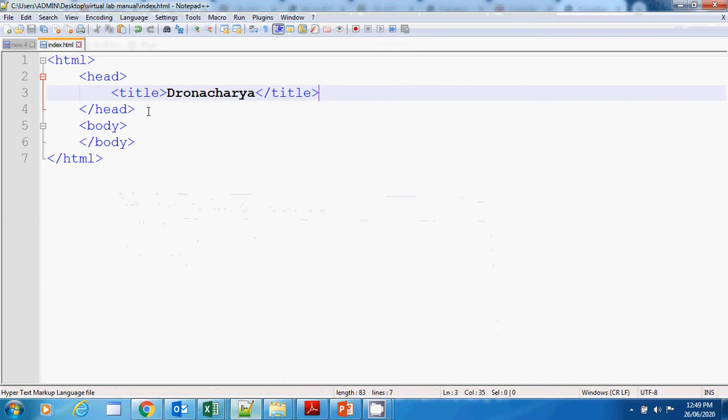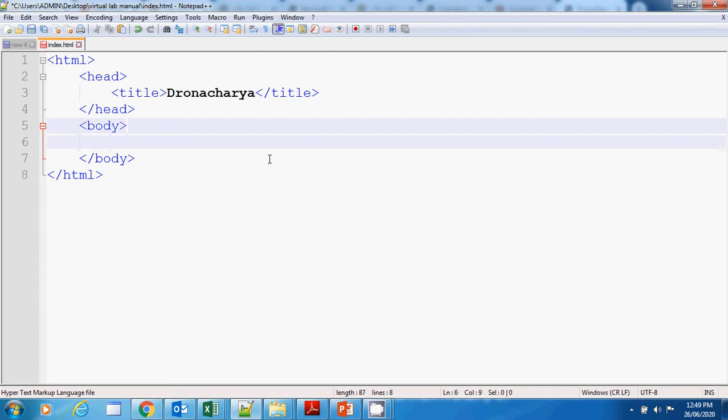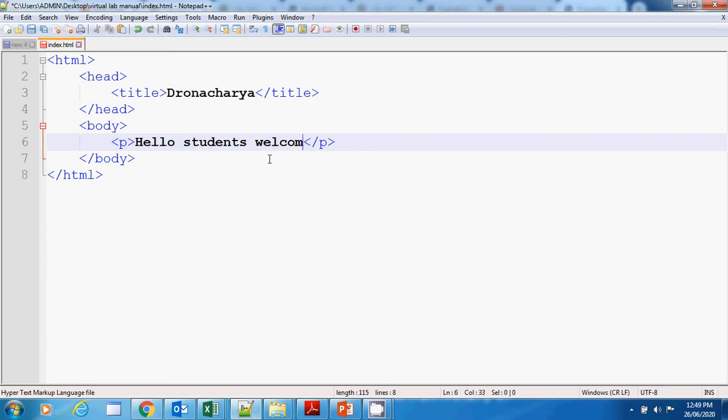After this, inside the body section, we can have n number of tags such as the p tag, that is the paragraph tag. Whatsoever text we write here will be displayed as a paragraph, like hello students, welcome to Dronacharya family, right?